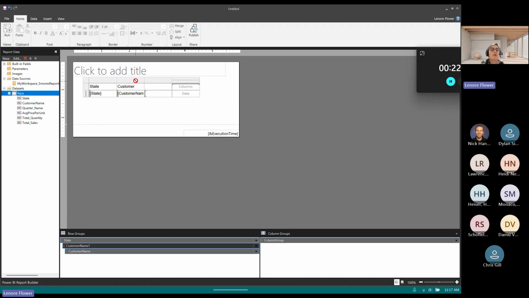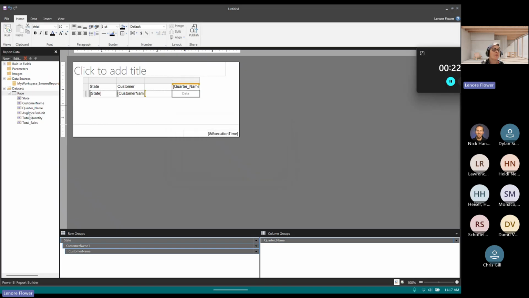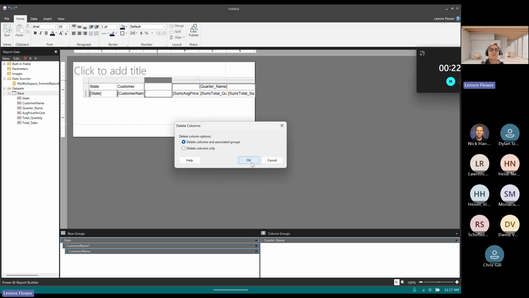And then I can add quarter name on top. There's that column section. And then the data is going to go right here. I'm going to delete that column. Well, let's hold off on that for a second. Average price per unit. And I can drag, and you'll see this little I symbol to say, hey, you can add it to the section. Note that the quarter name is expanding here. And then total sales. Now I have everything for my 3 summable values grouped beneath here with the quarter name on top. Center the quarter name here. I'll go ahead and delete this column.